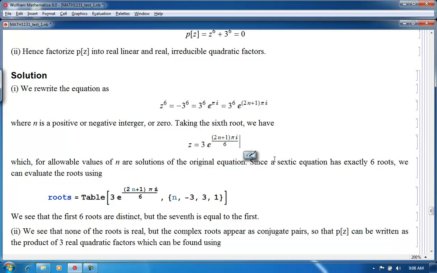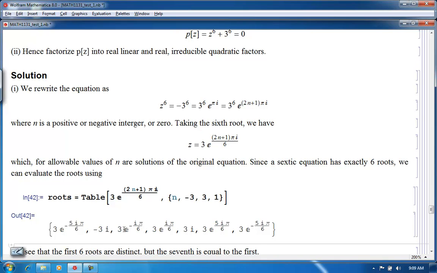However, since a sextic equation has exactly 6 roots, we can evaluate the roots using this. So we take this quantity here, which for any n is a solution, and we allow n to run from, say, minus 3 to 3 in steps of 1. So we do those,